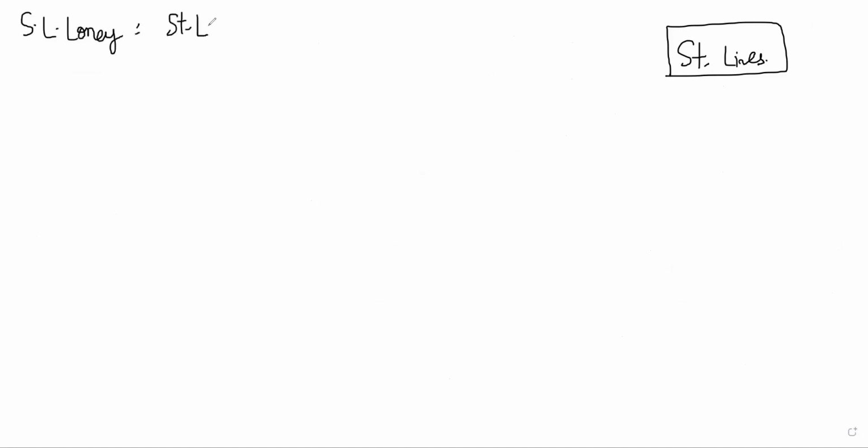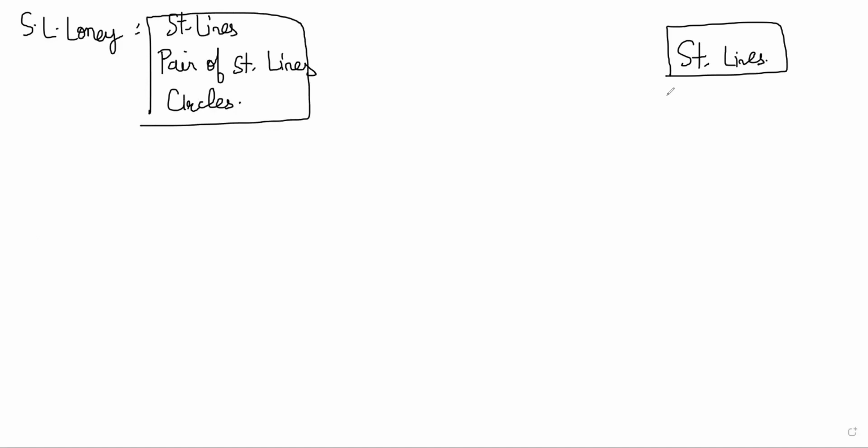Okay, so basically, you know a little bit about straight lines, right? Yeah. So what we will do is we'll discuss that, assuming you know a little bit, and we'll add to whatever you know. We'll basically try to cover the theory of SL Loney, coordinate geometry books, straight lines, pair of straight lines, circles. These things are first, and after that we'll go to parabola, ellipse, and so on. So let's discuss straight lines theory then.